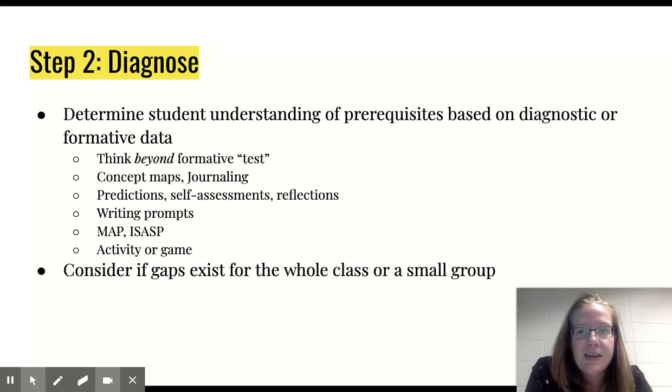The next step is to diagnose. So look at how you might collect that information. How many of those students have the prerequisite skills? So the go-to is usually the pretest, right? Think creatively here. Some other ways you could do it are concept map, journaling. You could have students self-assess, look at writing prompts. You could use